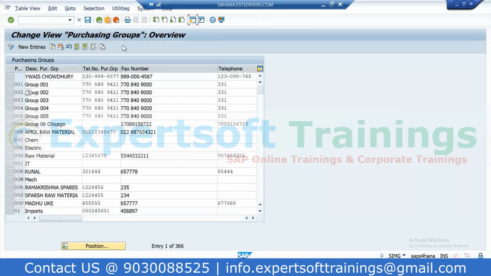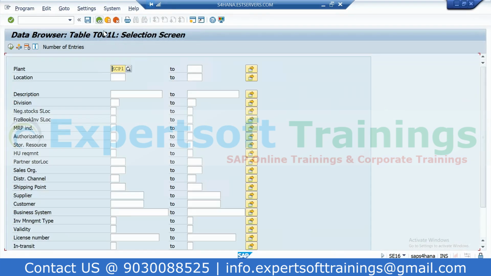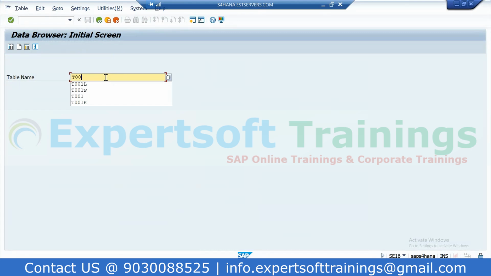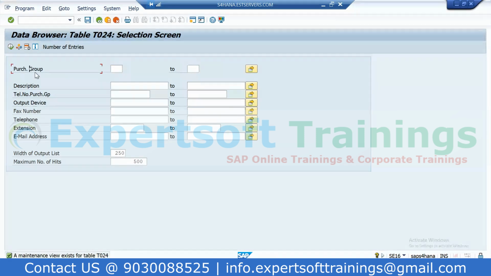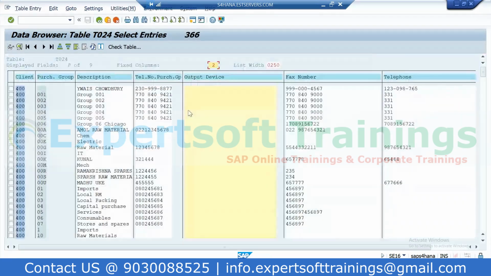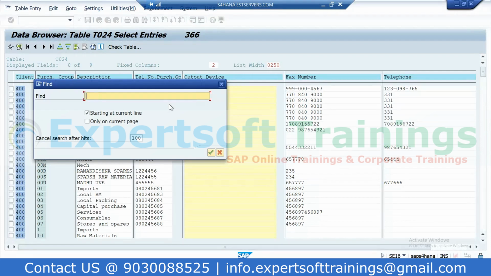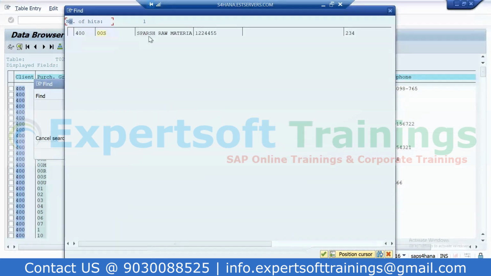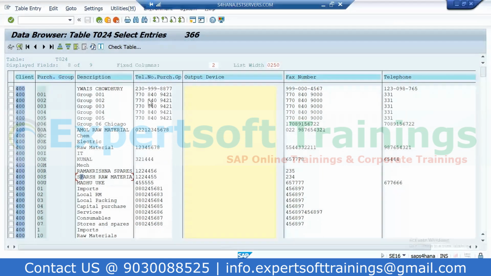And if you come back, you can see 366 purchasing groups are there, and if you go to table, तो यहाँ पे आपको टेबल मिल जाएगा T024, ये परचेज ग्रुप है ये, राइट? इसमें टोटल एंट्रीज देखो तो 366 है. इसमें आपका भी डेटा मिल जाएगा. जैसे मैं कंट्रोल F से सर्च करूँ आपका, सो 00S एंटर, ये आ गया स्पर्श रॉ मटेरियल, राइट? सिमिलरली इफ आई डू, ये देखो ऊपर इसका भी आ गया, रामकृष्ण आपका भी आ गया 00R, दिख रहा है आपको ऊपर, है ना? So this table T024 holds the data for purchase group.